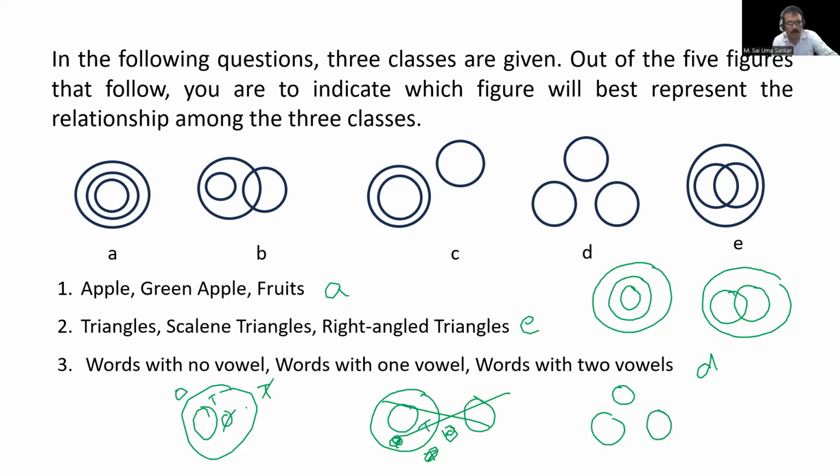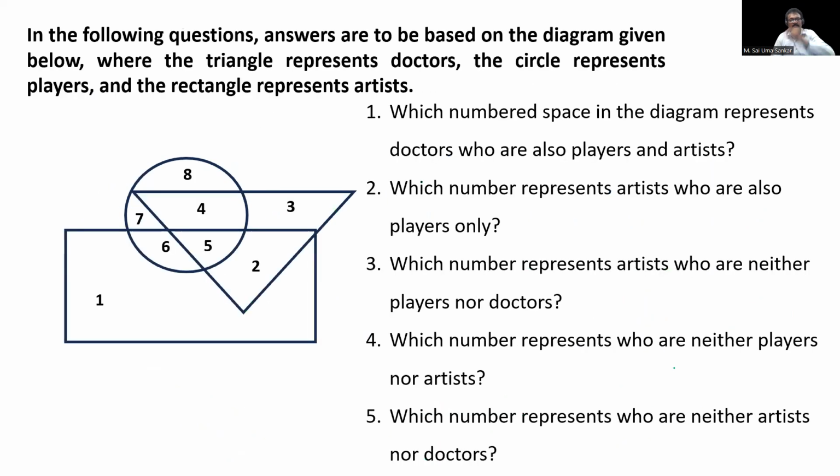Is it valid? No. So this is not correct. So this is the no vowel word, this is the one vowel word, and this is the two vowel words. So what is the answer? Option D is the correct answer. This is one way, this is one model. And the second model,